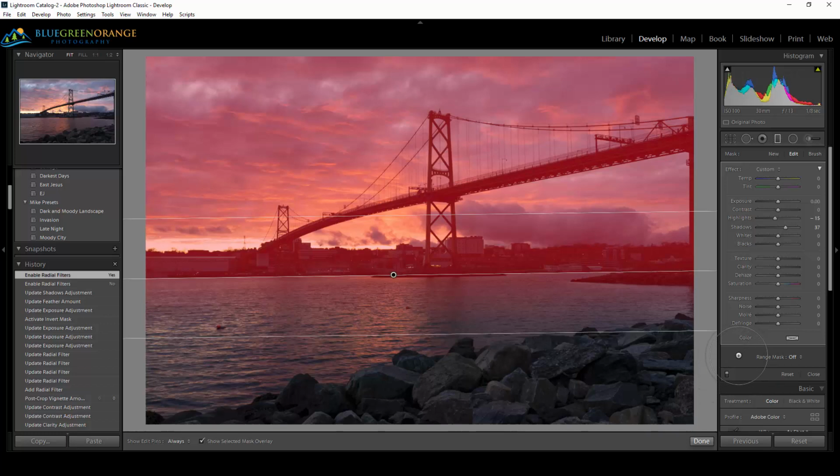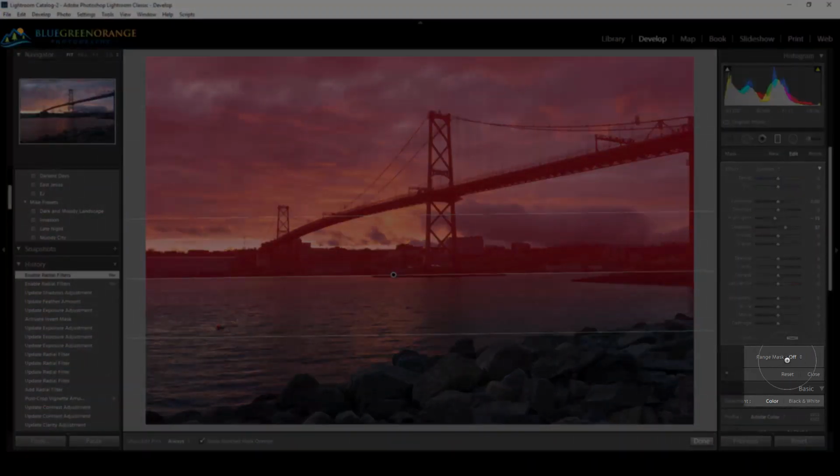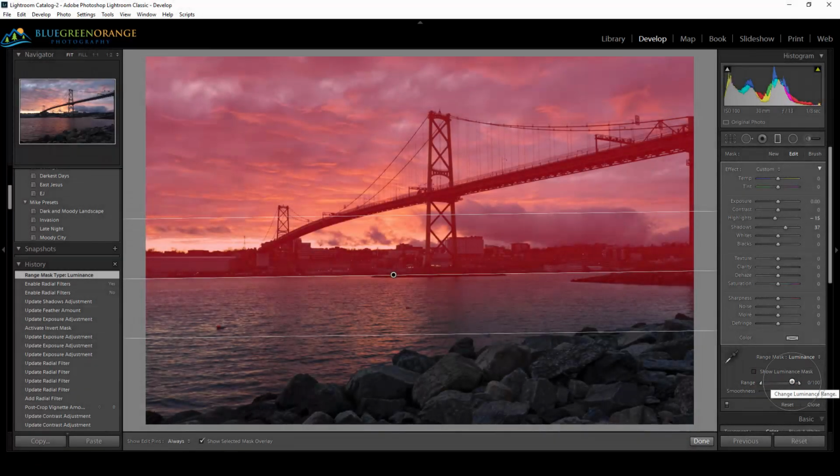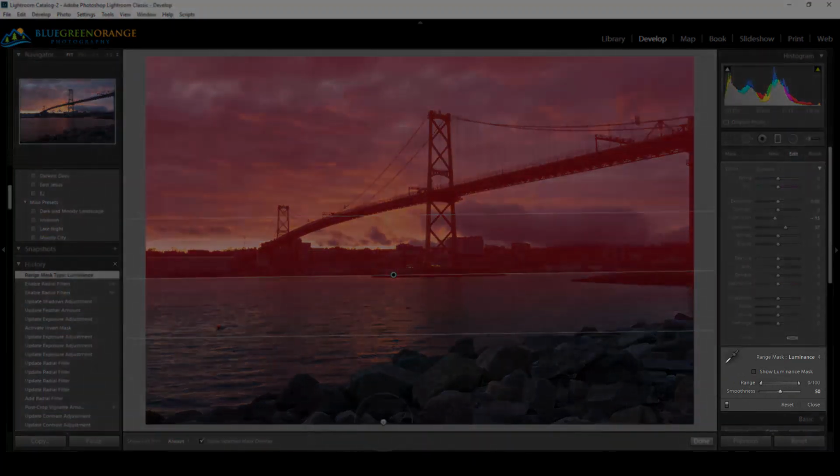So what they introduced a couple of years ago in Lightroom is this range mask. What range masks do, the luminance one in particular, works a lot like a luminosity mask in Photoshop. It's probably a little less refined, so it's more like a luminosity mask lite. But oftentimes that's all you really need. So the way that works is it's got its own little button to show how it's going to affect. So right now,